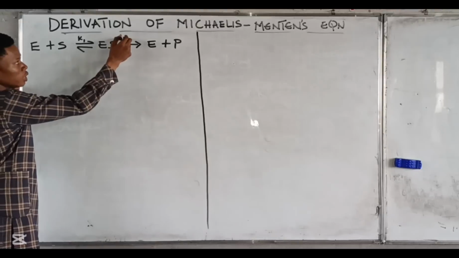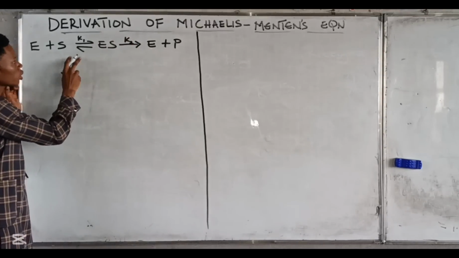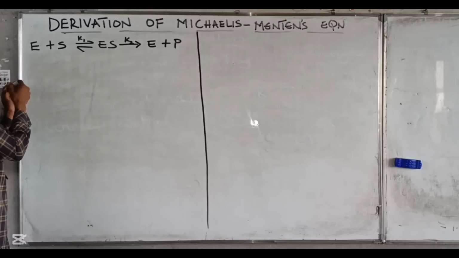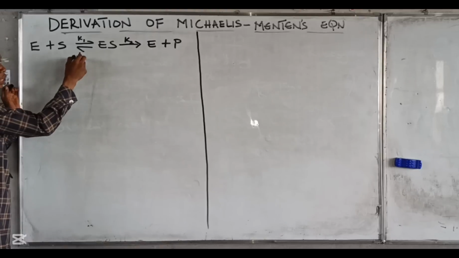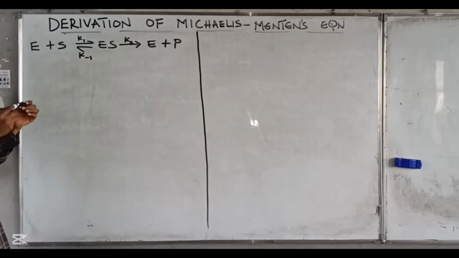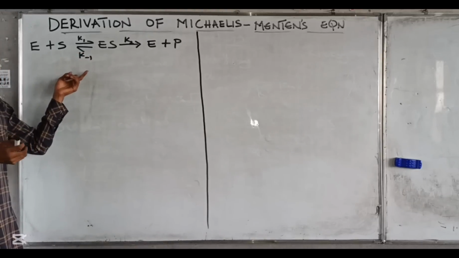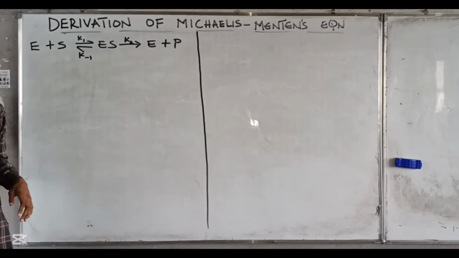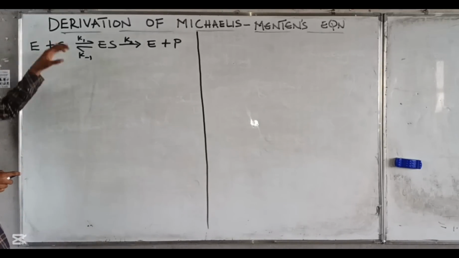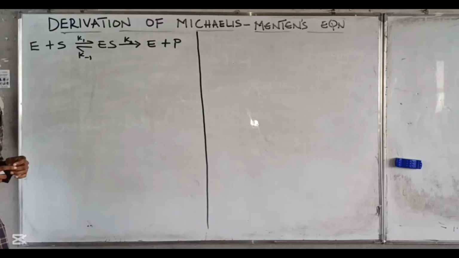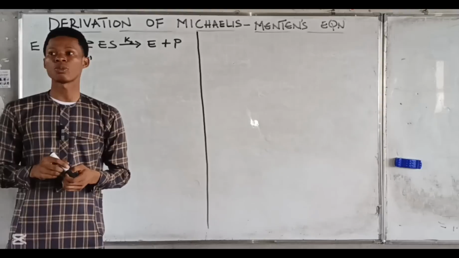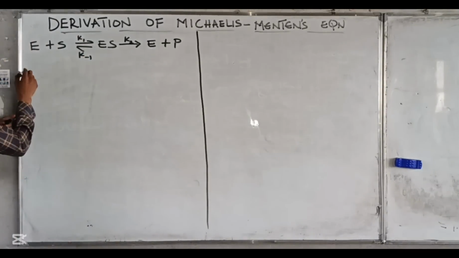For this second one, it is given as K2. Then this one, is it forward reaction or reverse reaction? Reverse reaction, right? So, what will be the kinetic constant? No, K minus 1. It's still for the first reaction, but we're using minus to show that it is a reverse. Is it not? Now, this is our first step. The next thing you have to do is to consider all these kinetic constants. But before then, we have two assumptions in Michaelis Menten's equation. And the two assumptions